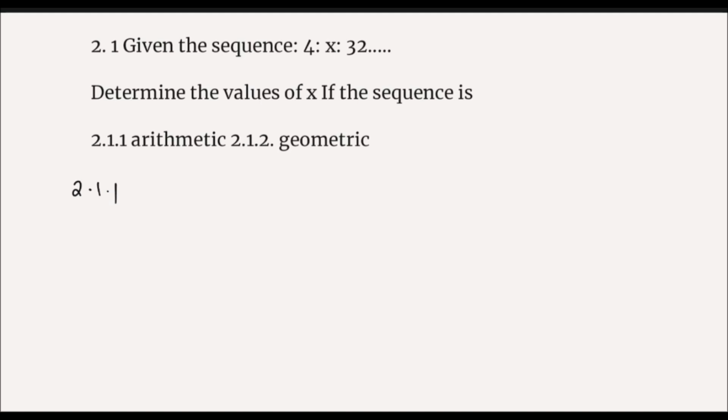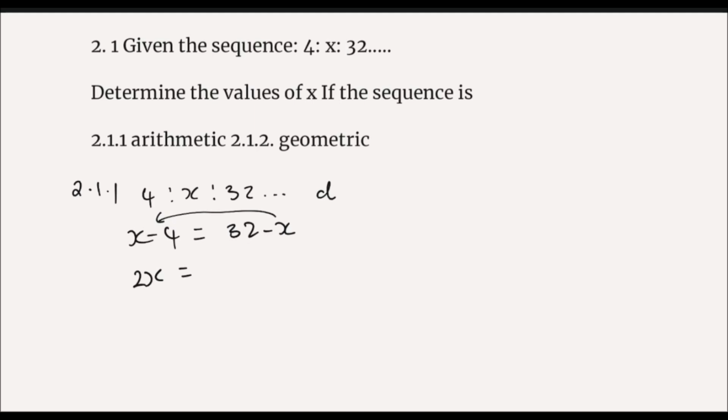2.1.1, we are told it's arithmetic. So since it is arithmetic, we know that it must have a constant or common difference, the common difference, which is d. All right, so let's use that to our advantage. So the common difference in this case is going to be t2 minus t1, which is also equal to t3 minus t2, right? So you transpose x to the other side,